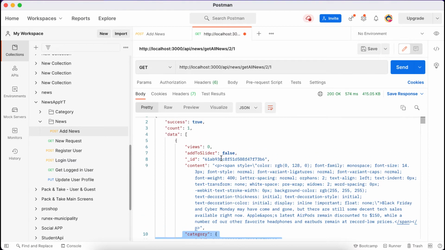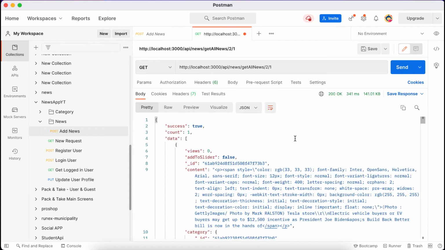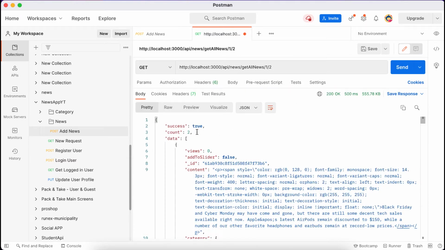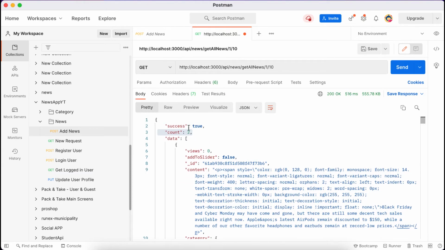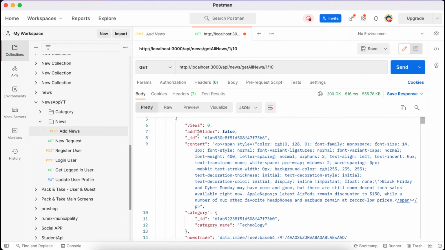So now let's mark this ID. So this ID ends with 3B6. Okay, I changed the page, then I am sending again, and you can see that is 3B3, means our pagination is working perfectly. So if I change this to 1 and I change this to 2, then everything will be there, means the 2 data. You can see pagination is working fine over here. Then if I want this to be 10, means at a time it will display 10 data, it will only fetch 2 data, because in our database only 2 data are there.